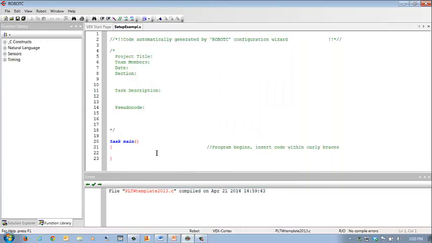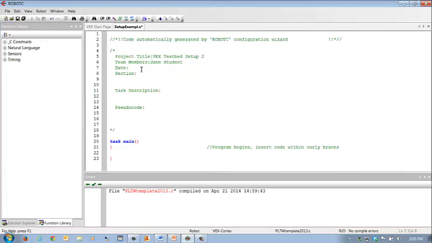So the very first thing I'm going to do is I need to put my information in. So I'm going to put in my project title. This is VEX Testbed, and this is going to be Setup2 because that's what we're doing, the second part of the setup. Team names, I'm going to put in my general fake student. Her name is Jane Student,